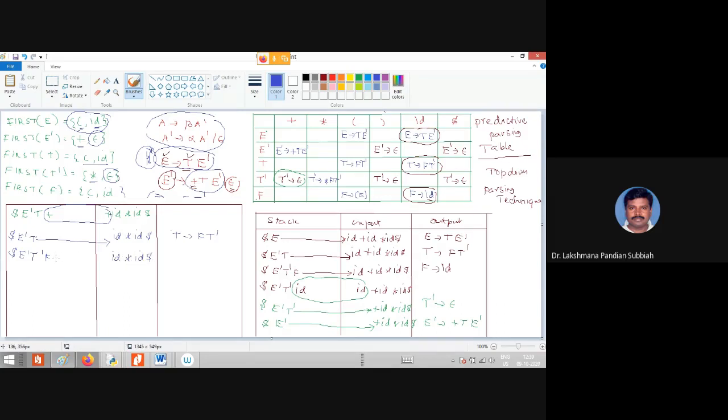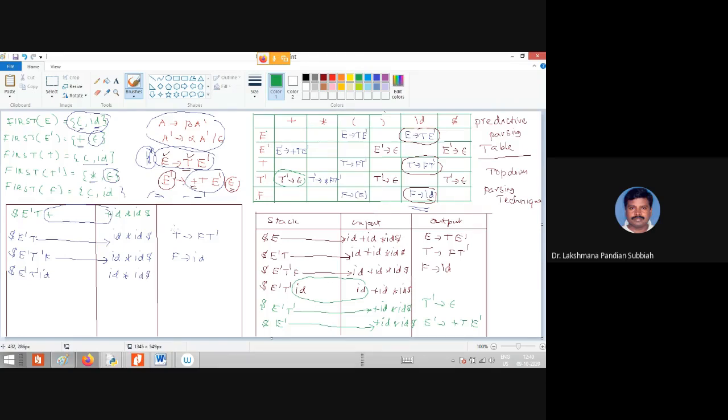Now we find out the entry for F and ID, that is F derives ID, right? So now we pop F and put ID, giving E dash T dash ID, right? Now this ID is matched, so you pop it out.